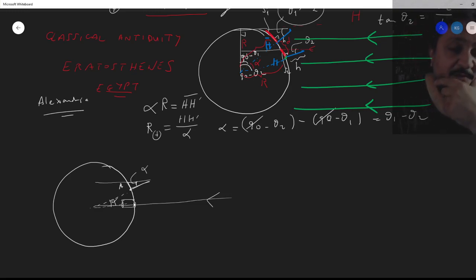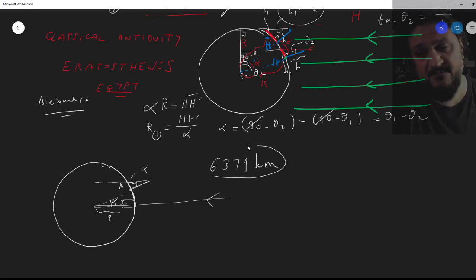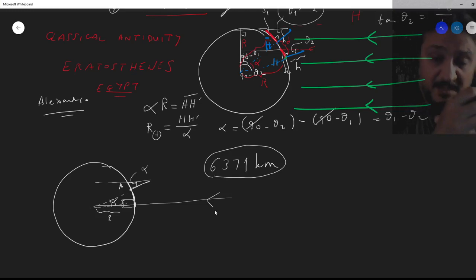So he knew how far that city was from Alexandria in miles or whatever unit they used at the time. Okay, so he had the distance here and he had the angle. He just solved for the radius. All right, so the number he found is really close to the number I just gave you, which is 6,371 kilometers. Maybe he found just a little bit less than this, but it was very accurate. I mean, this was more than 2,000 years ago, all right? Eratosthenes. And since then, we calculated this with better accuracy.